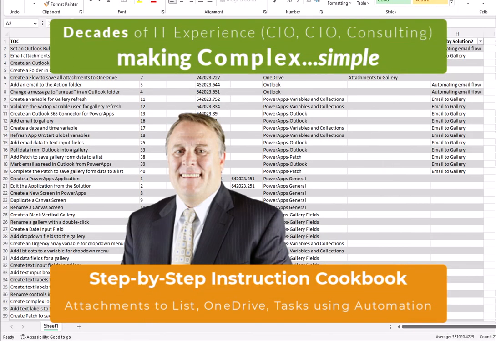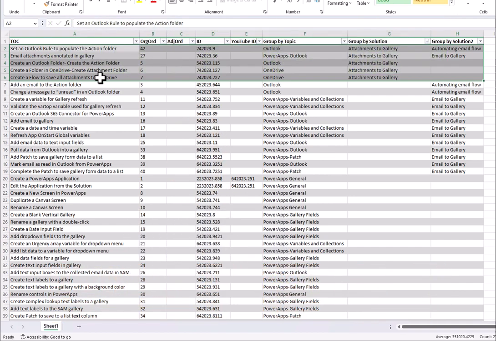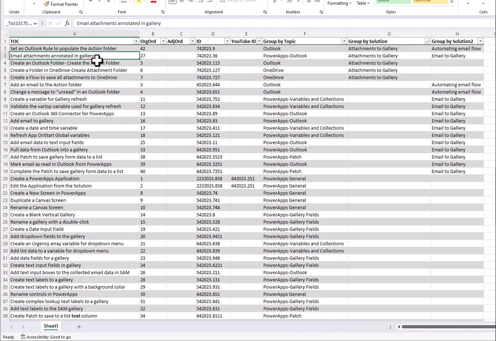So today, it may seem a little disjointed, but what we're going to talk about really are these 5 things right here on how to get an attachment over to a folder. Now, we're going to use this in the context of showing you how to do email attachments